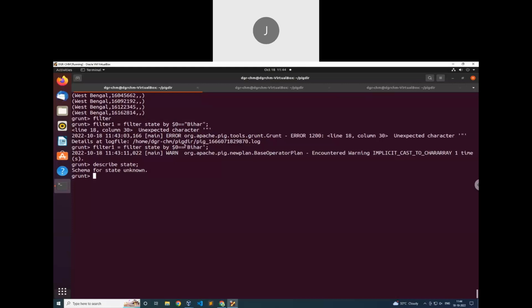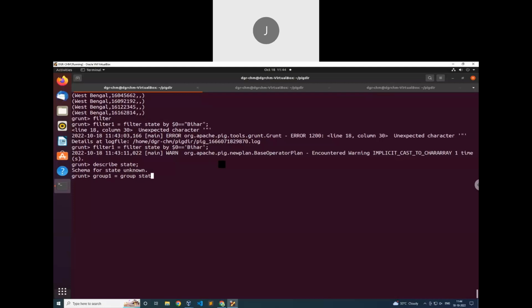Okay, now we have seen how to load a tuple dataset, and now we will see how to load a dataset in the form of a bag. Bag means when you group any data and see it, it will show in the form of bags. Okay, I'll show you group. So this state dataset itself, I will take it in a relation. Group